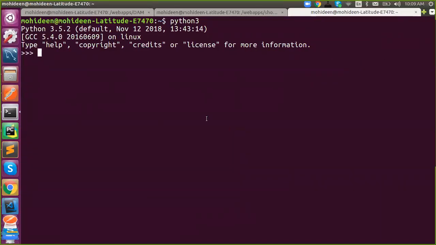Formatting is nothing but concatenating data together, an object together. So we all know that a plus symbol will help us to concatenate.